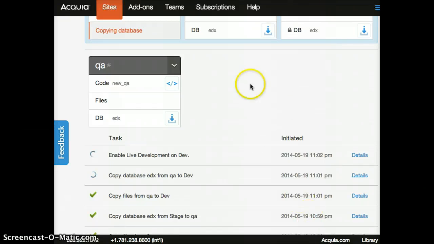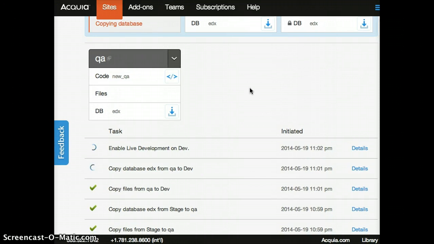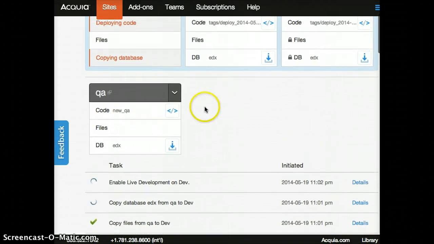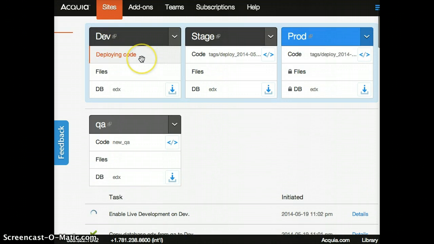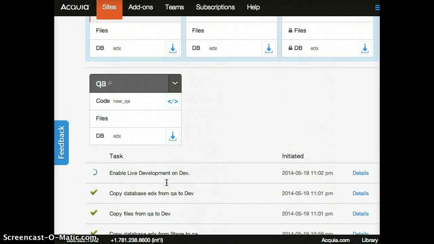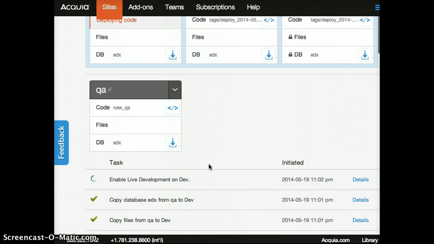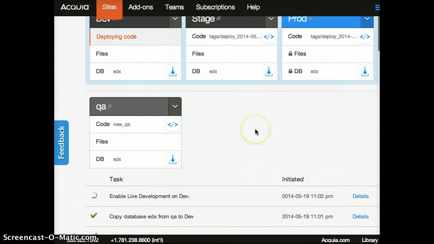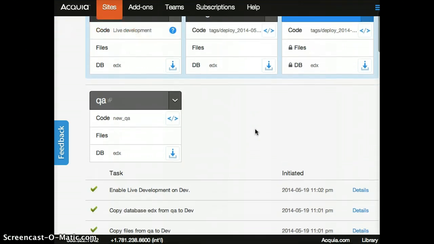And it might take some time to copy the database from QA, which had the test account created, and also we're configuring the dev environment for live development. So here it says that the database has been copied from QA to dev, and it's enabling the live development on the dev site. So now that the dev site is ready,